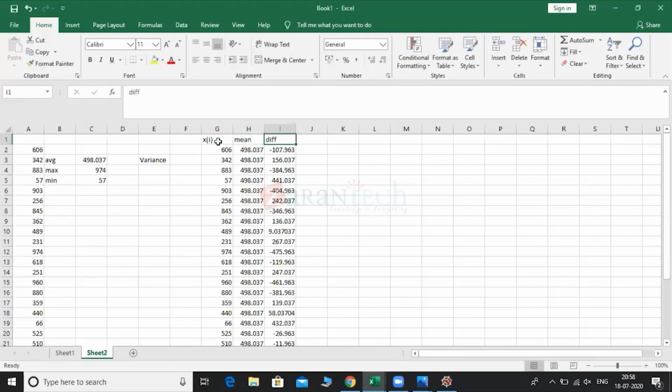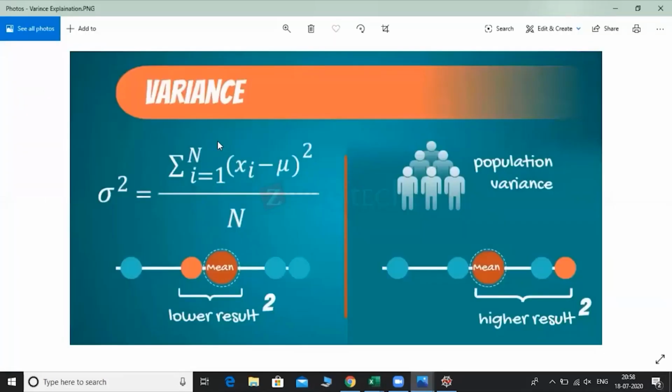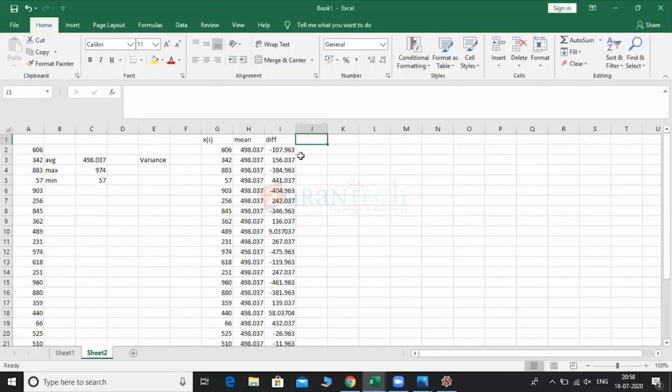Now what we'll do is, let's say that if you simply square all the numbers, what if you put some power to a number? Mathematically, if you put any power to the number, let's say I'm just putting a square, it will exaggerate or expand the value itself. It will give us a more expanded view of whatever is happening. So in this case, if I simply put the square of this,